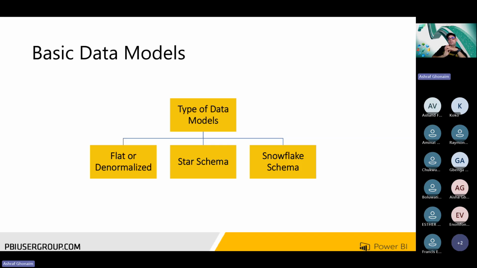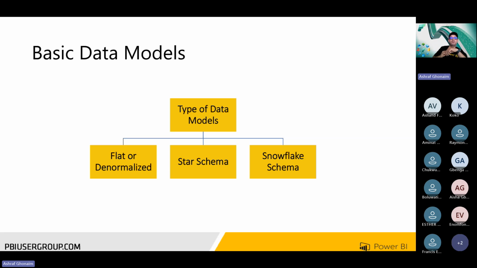Then the second type here, which is the best practice actually, and that will be our focus for our session today, is the star schema. If you hear the word star schema or dimensional model, it's basically the same thing. These terms can be used interchangeably: star schema, dimensional model, or fact and dimensions, or fact and dims. All those terms refer to the same thing, which is star schema, which is the second type of data